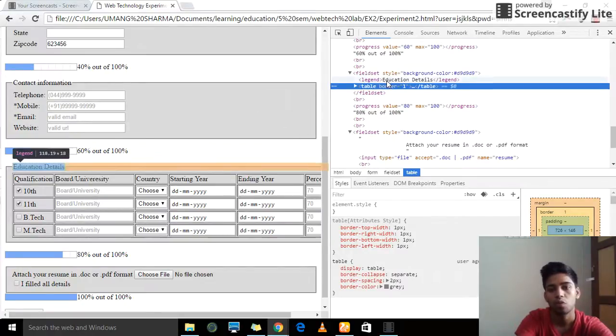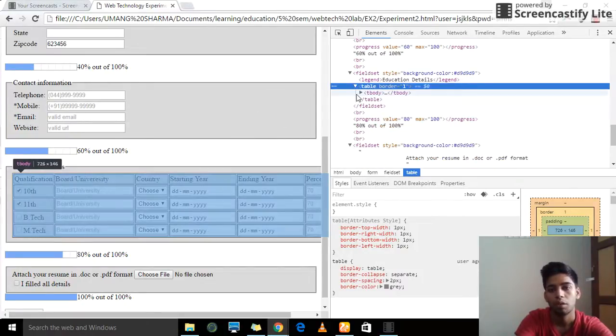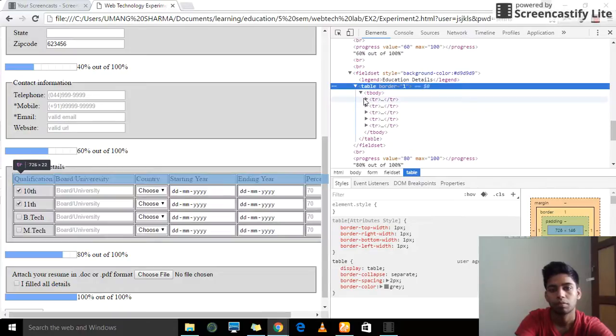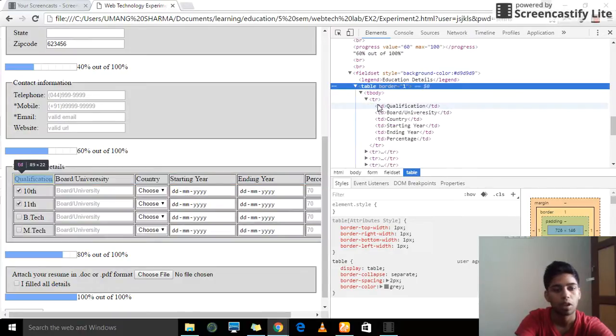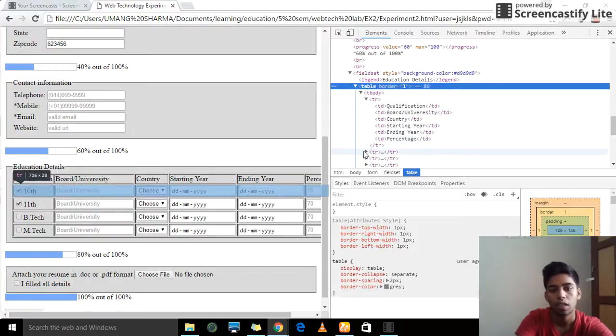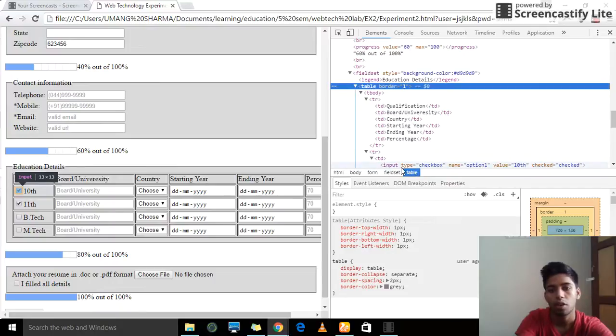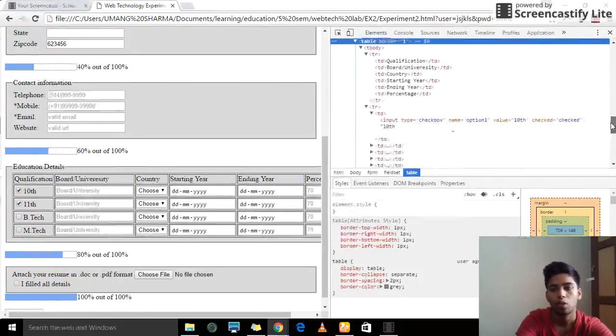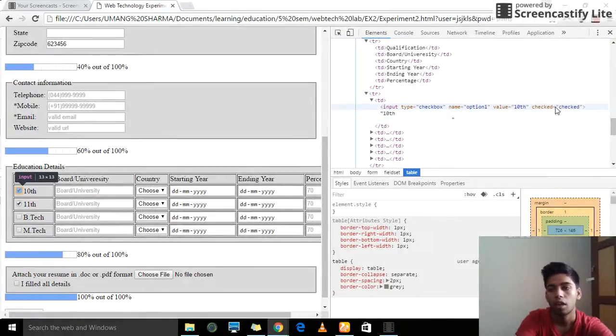This is my checkbox. For checkbox we have a type. This is my education body, and first row I am giving, and second row we need to give first checkbox. So checkbox we have type equal to checkbox, name option one, value 10, and checked. By default it is checked. So by default same here I need to give,